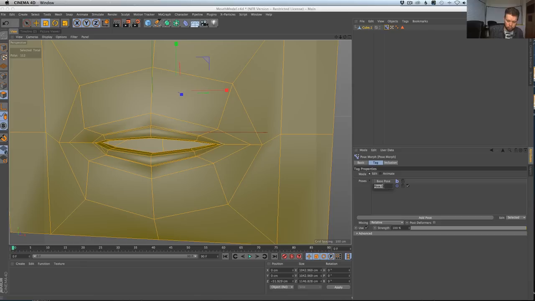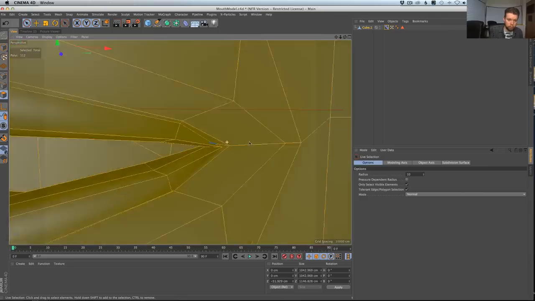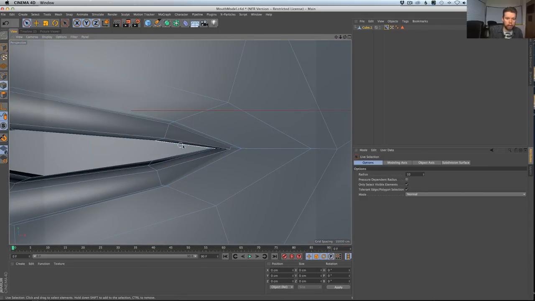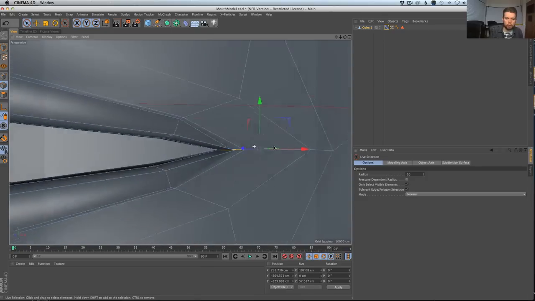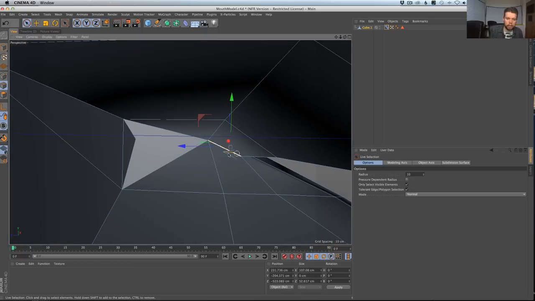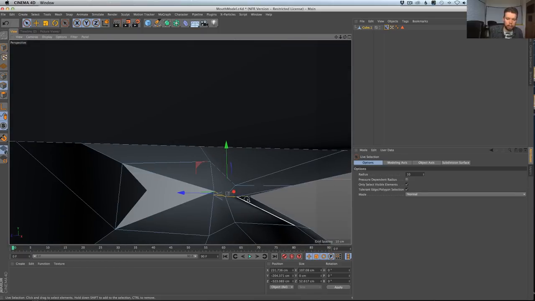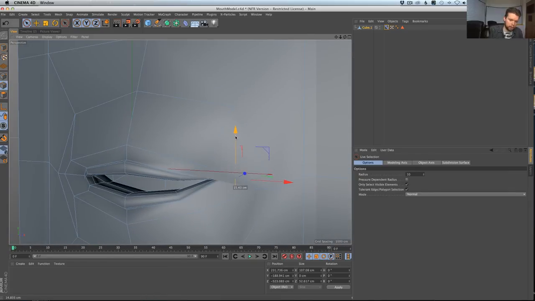So I'm going to call this one smile. All we have to do, while we've got this tag selected in edit mode, is draw the smile. So I'm going to grab the relevant points, which are going to be, I guess, these guys. I'm going to go to edges, which should be the easiest way of grabbing the selections I want. I'm going to grab all those. And I guess I'm intersecting there a little bit. That's bugging me a little bit. I should probably fix that in the base mesh. But I'm just going to grab these guys, and pull it up a little bit.